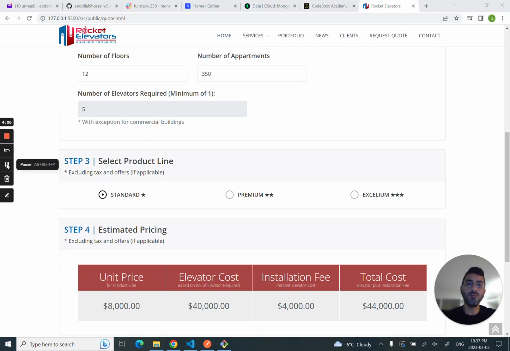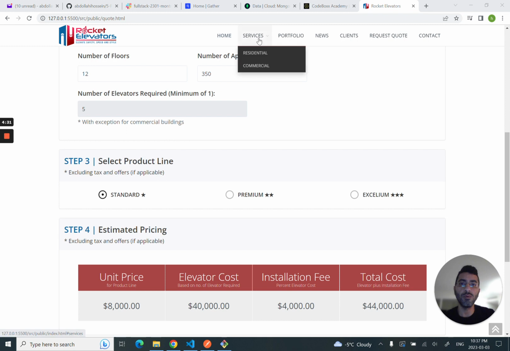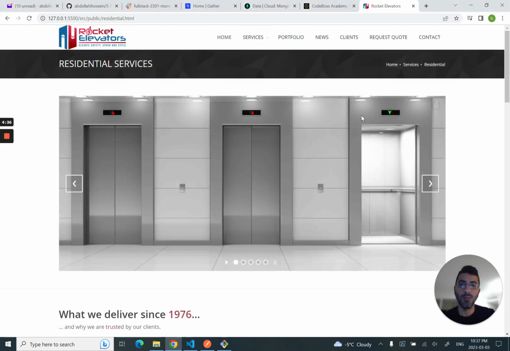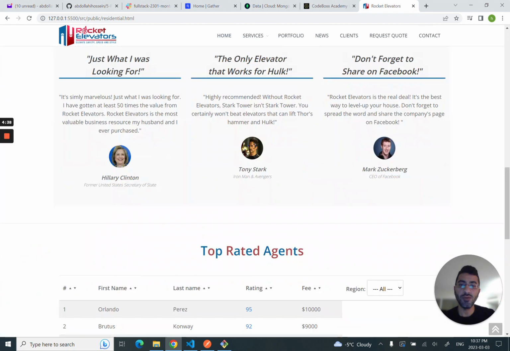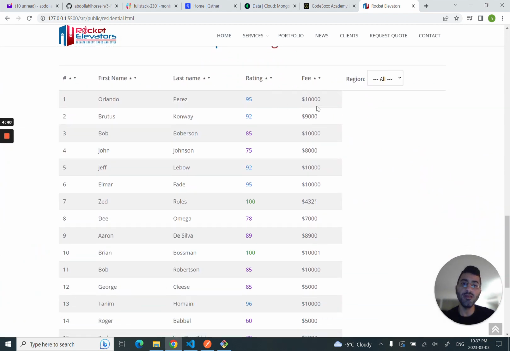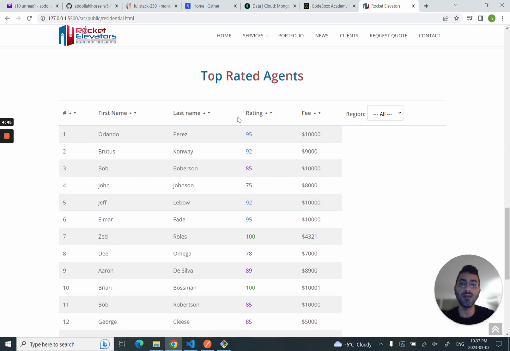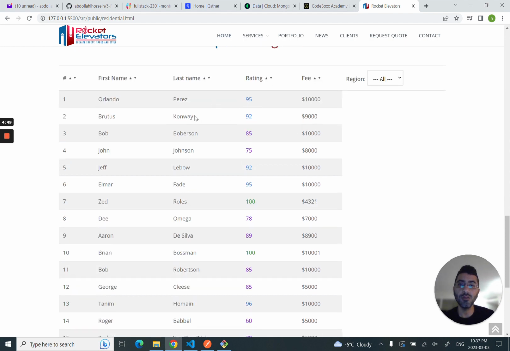Okay, the next part of the project is the residential page agent table. If we go to the residential page, at the end of this page I get the data from the database. I already put some data in the database, and when I load this page, I get the data for the agents and put them in the table: first name, last name, rating, fee, and it's sortable